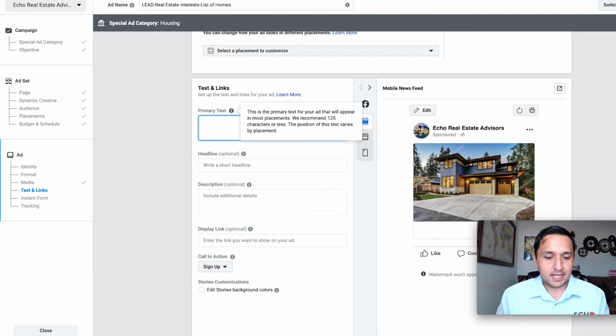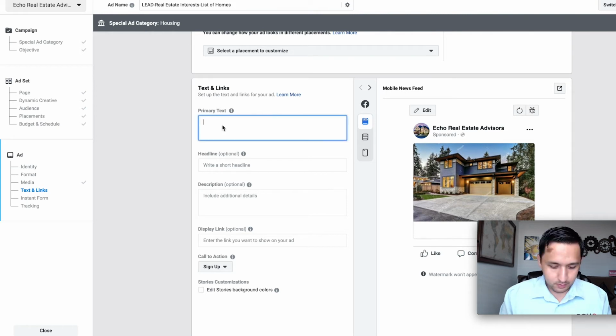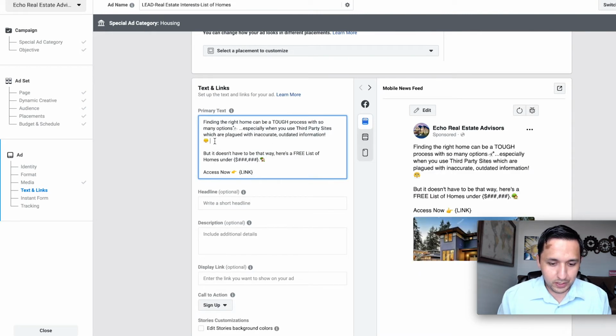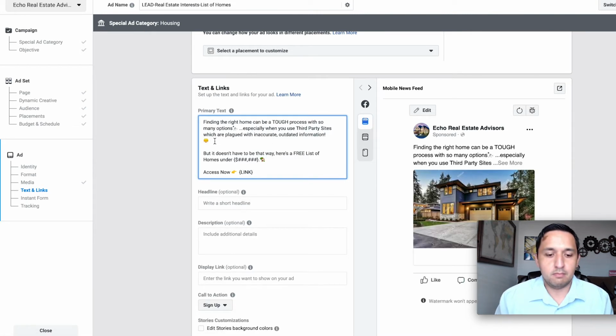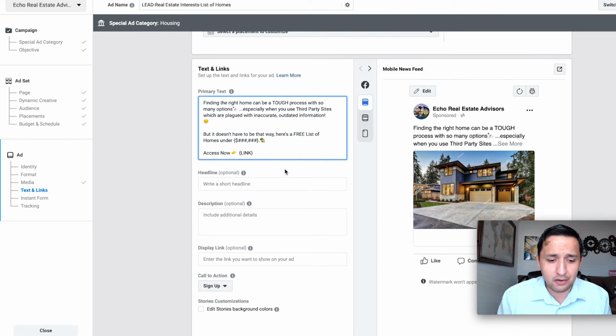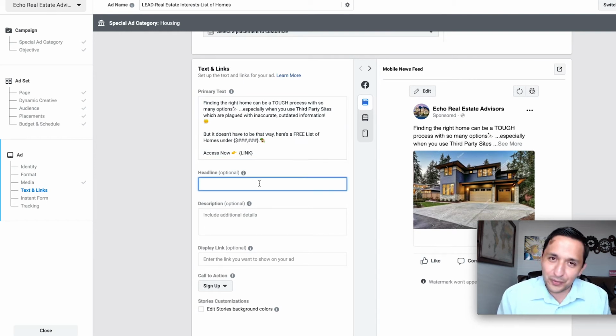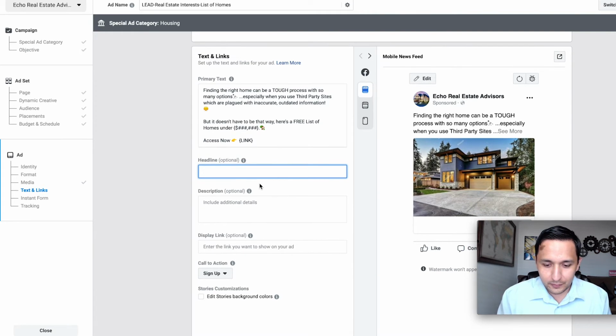And as far as the text, I'm going to come over here and feel free to use this ad copy. There's a reason that I'm not graying it out, so you can use it and test it in your markets. It's been working quite well for me and several other markets that I do advertising in. So this one's a winner, hint hint. So feel free to use it. All right, as far as the headline,